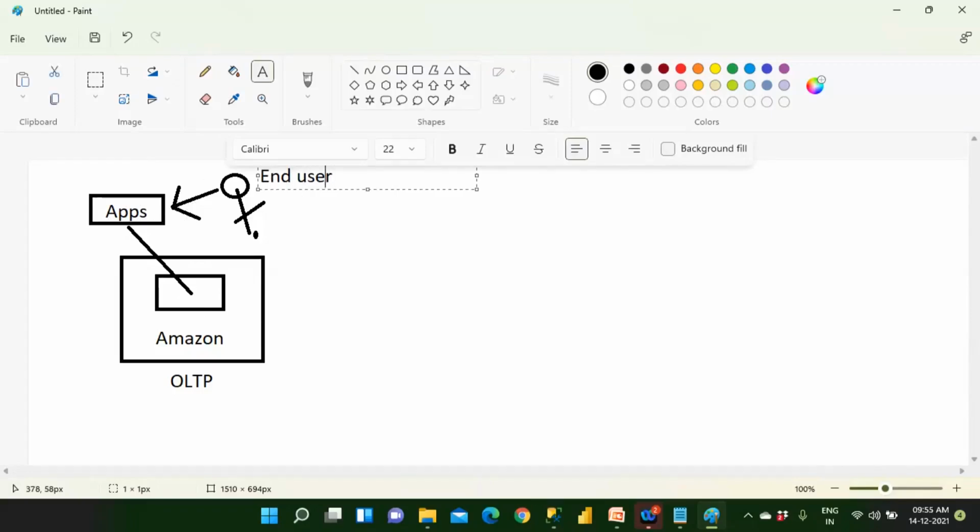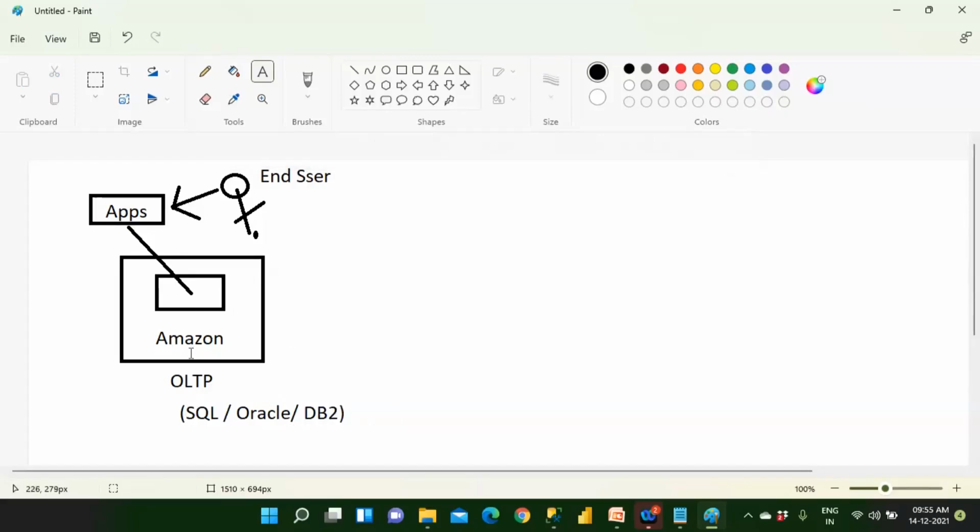So there is a machine. Which machine is it? Which is OLTP. OLTP stands for always database only, which may be a SQL machine, or SQL means SQL, Oracle, maybe anything, or it may be a Teradata machine, or maybe a DB2 machine, some RDBMS computer. So that is where you're storing the data, right? Now, after that,